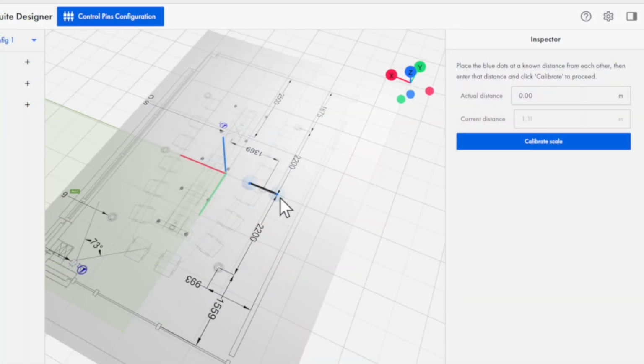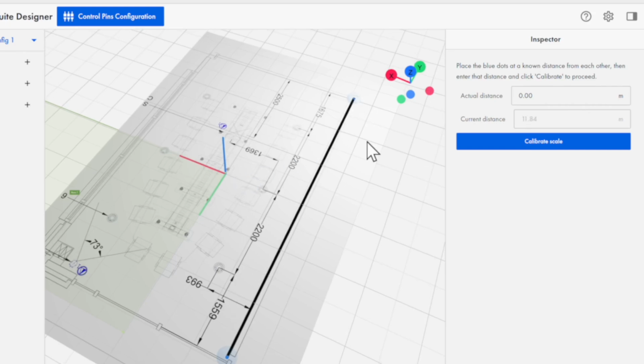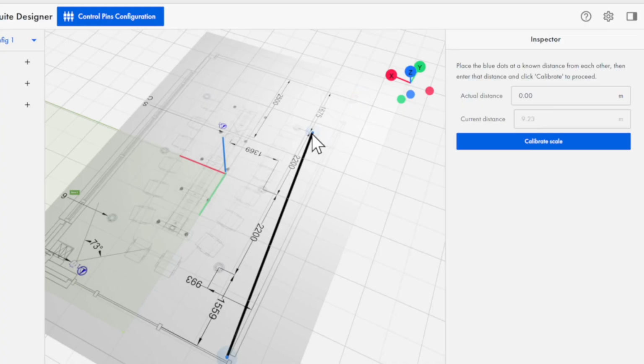So it could be that you know the whole room is 10 by 5 meters. You could actually put these along the whole wall and you could then enter in here, that's 10 meters. That would be totally fine. In this one though, I don't have that, but I do have some measurements in here for other things. So here I've got, for example, 2200 here. I could go like this and say, right, that's